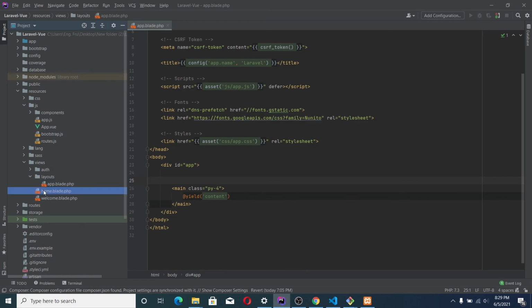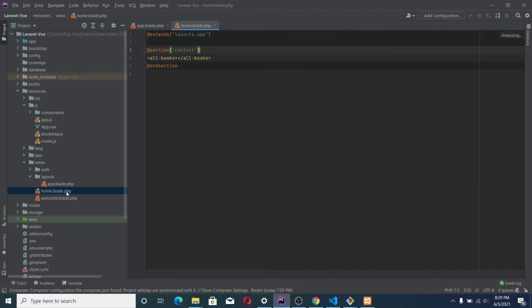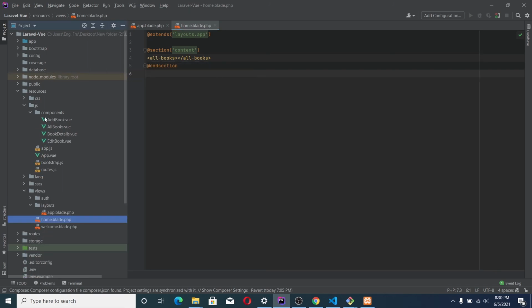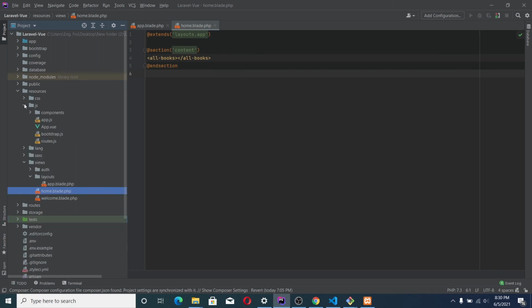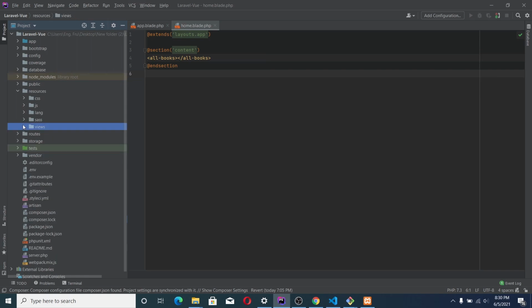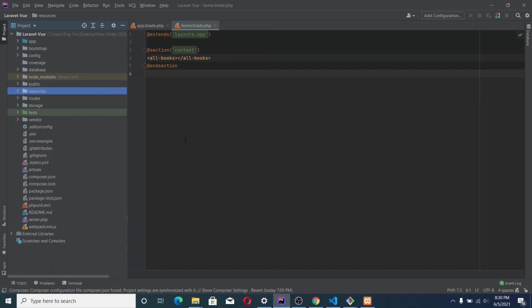Now this is the home of our application, which is inheriting from this route here and is doing nothing much than just calling our root components. Okay, so when it's calling our root components, it's calling the all books, and in this all books component, you see this all books is displaying all the books that we have in our database, which we have seen earlier.